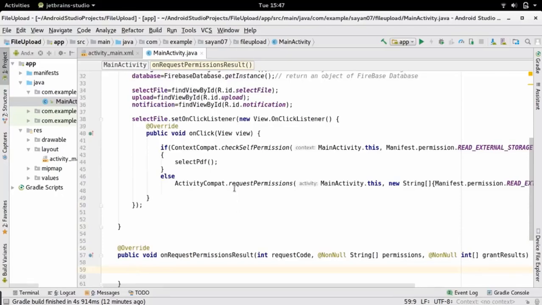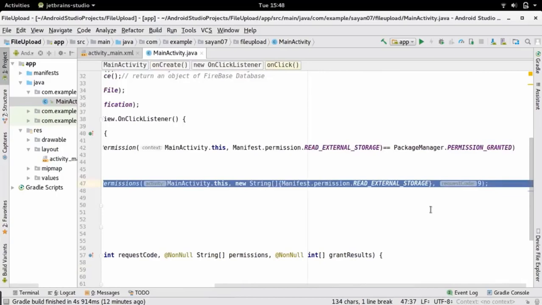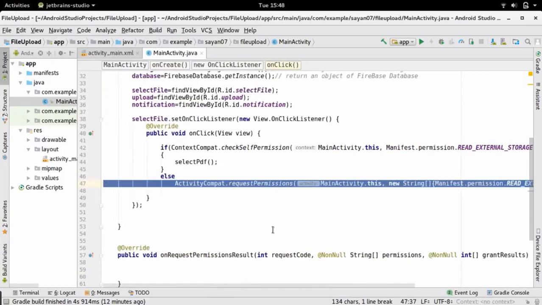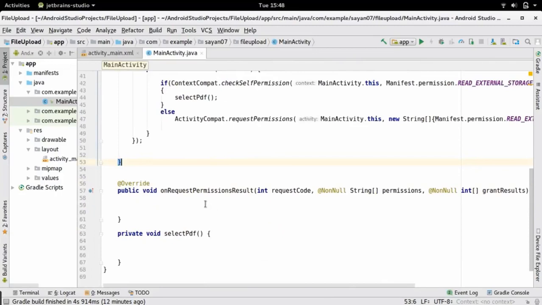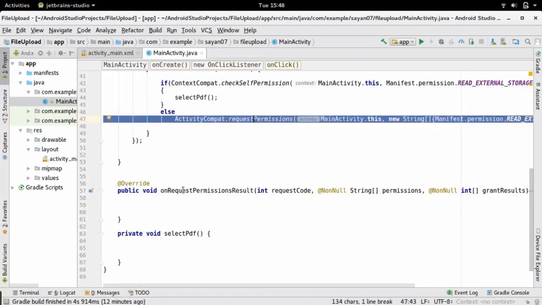So let me repeat once more. After execution of this line, the user will be asked to provide permission to your application, and the acknowledgement will be done in this method. Okay. So this on request permissions result would be invoked by this line. Okay, it will be invoked by this line.